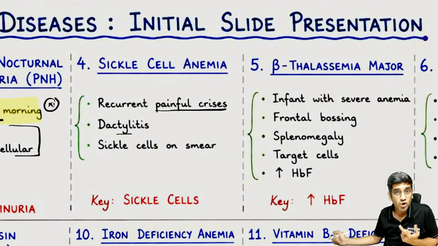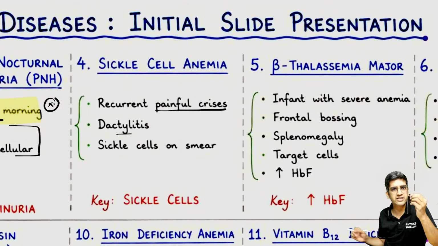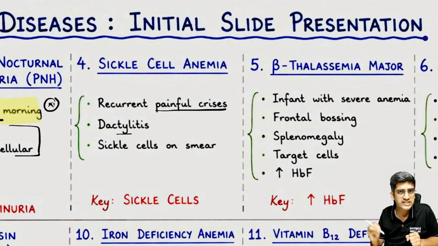It could be a non-healing ulcer in the legs. It could be unexplained abdominal pain leading to autosplenectomy, right? It could be pain in any of the tiny vessels which will be blocked by irreversible sickle RBCs, which causes vaso-occlusive crisis. Priapism could also be an example of vaso-occlusive crisis. One of the worst crises is your acute chest syndrome, mimicking MI. All of them can be examples of vaso-occlusive crisis, right?